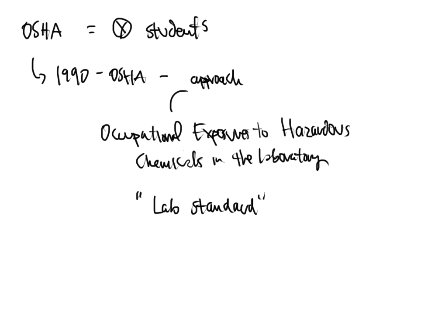All right, guys, so in the previous video, we led up to this discussion of what was going to be the lab standard, or at least a part of the lab standard that we're going to discuss in this section of the module. And we said the lab standard is important and it was implemented because we fully understand now that laboratories have their own worries that are different than maybe the production and the manufacturing side. So the lab standard, before we go into more detail, is what we call a performance standard.